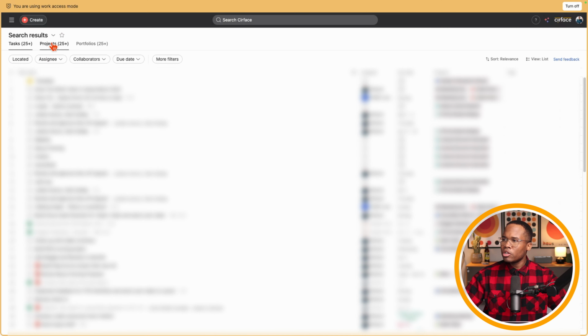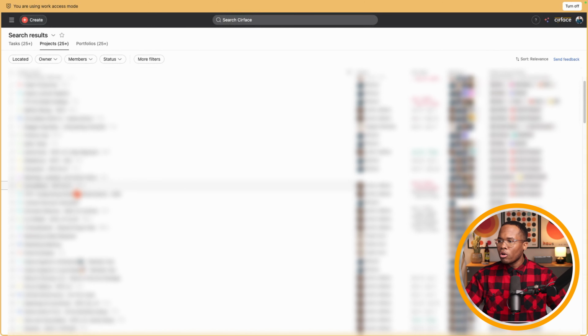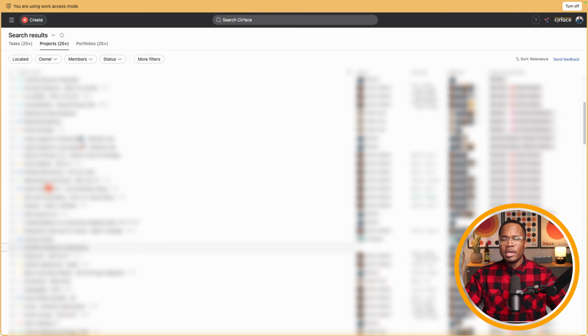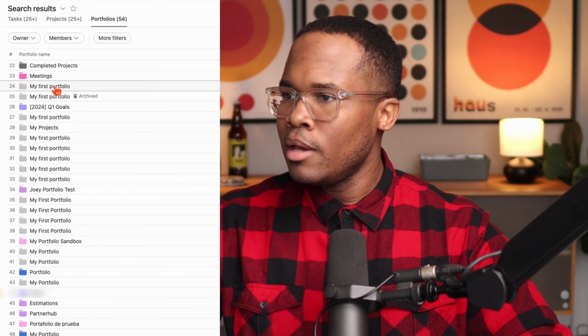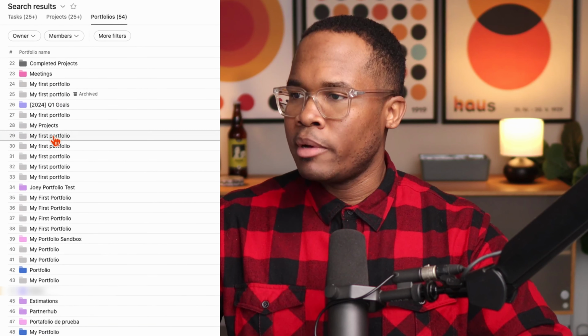So if it's a project space you need access to, you can click over that tab and see all of those private projects. Obviously you can't see anything here because it's all client privacy, but we can then see all the private portfolios, like when someone gets started and they first use the portfolio function within Asana, and it asks them to create my first portfolio. Like, look at all these: my first portfolio, my first portfolio, my first portfolio. Like, get rid of that junk.